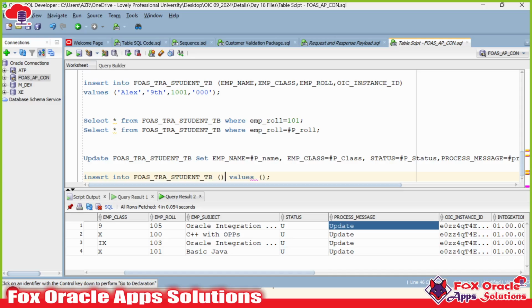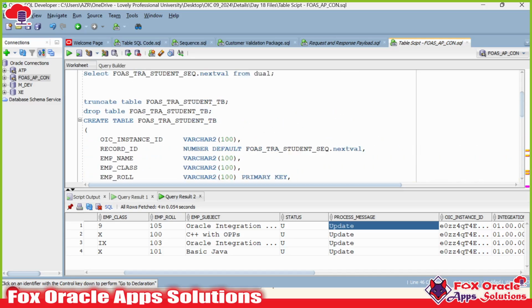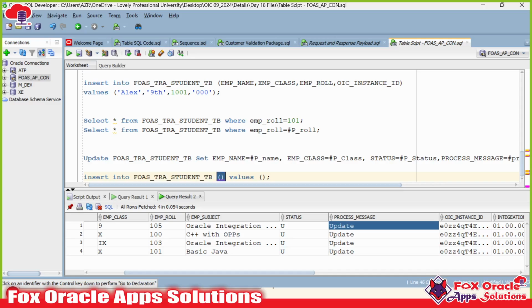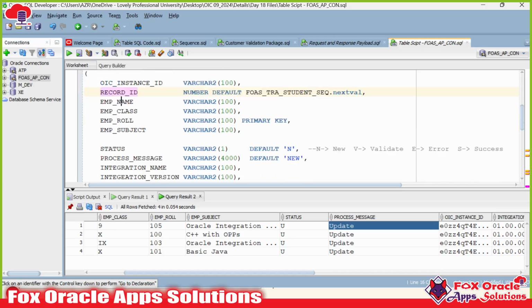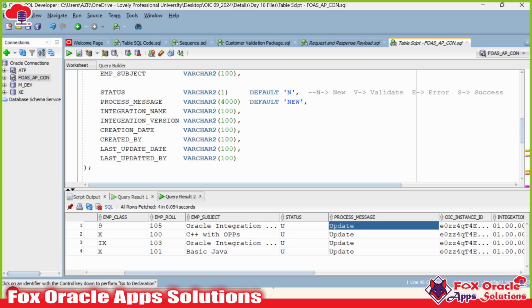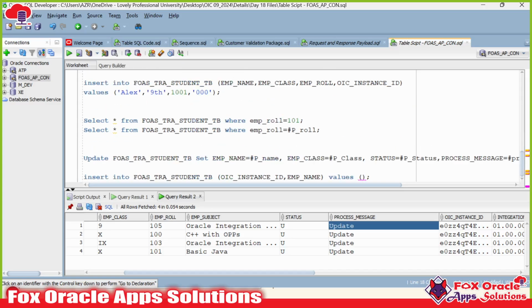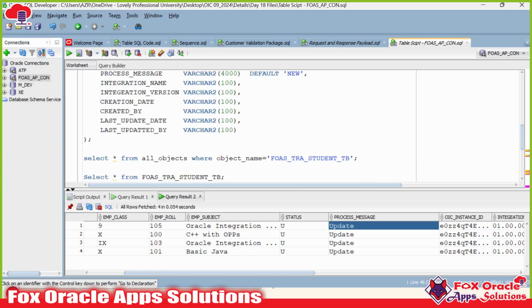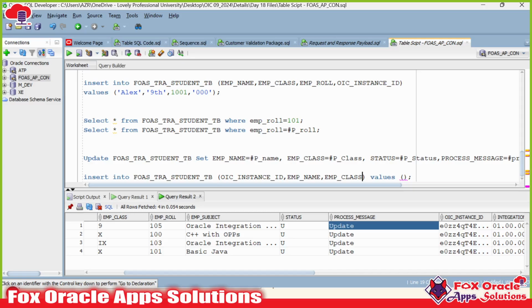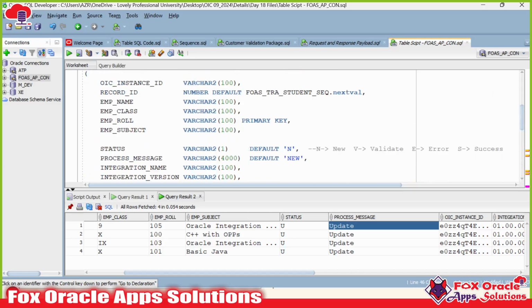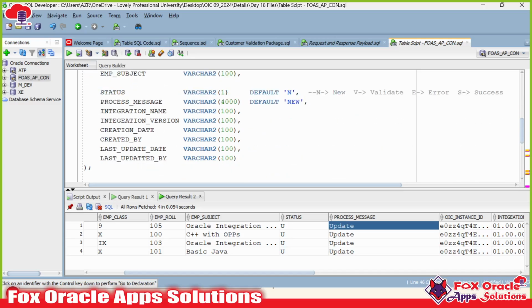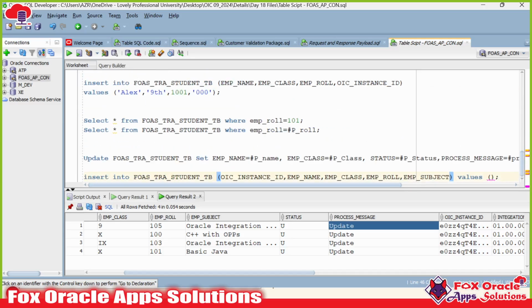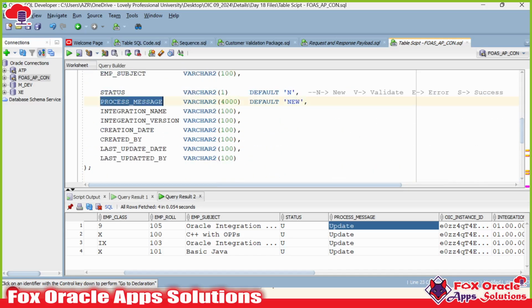So for which all column we want to insert, so we want to insert, again go to OIC instance ID, comma, record ID, it will automatically come as it's having the sequence, employee name, and that class, role in the subject. So after this we have this one, status, process message,